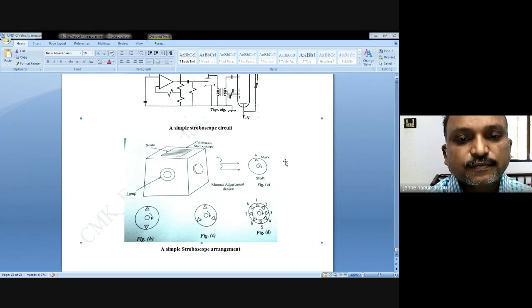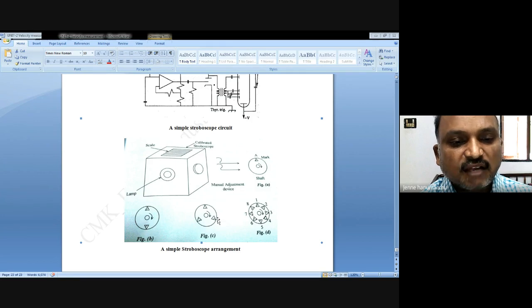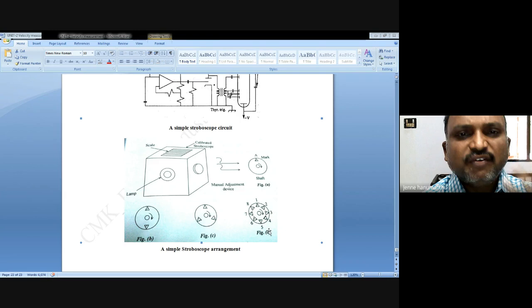Okay? Now see, here there are two markings. Here we have 3 markings. We have 8 markings. It is your wish how many markings you are going to provide, but there should be a marking on this. Okay?